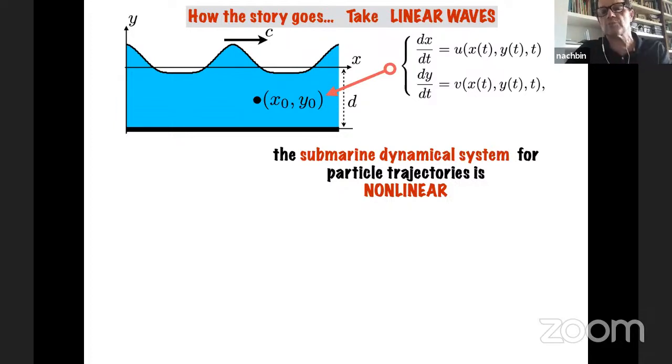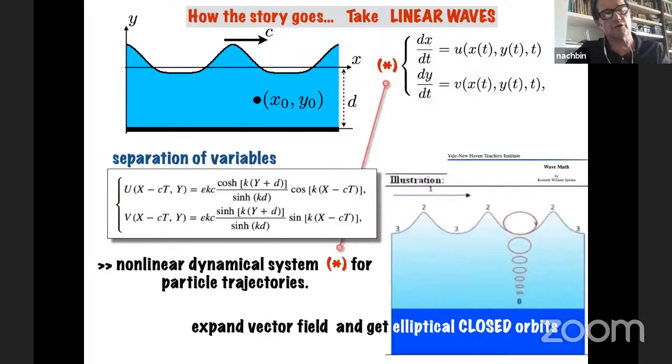And even for the linear problem, this equation is highly nonlinear. For example, take a Fourier mode, a cosine or a sine. If you do the harmonic extension of this linear wave into the domain, you get cosine of kx, times cosh and sinh of ky. And if you plug it in the dynamical system, it's a highly nonlinear dynamical system. But if you do an expansion near a point, then you find, and that's the result, of course, I knew it's in textbooks, the elliptical orbits of the particles.